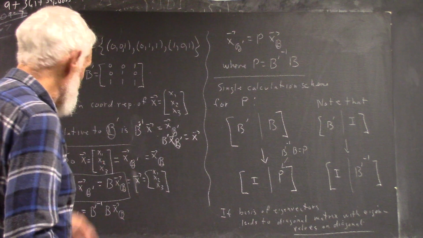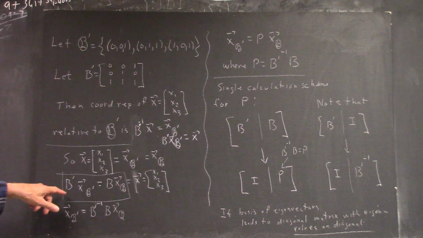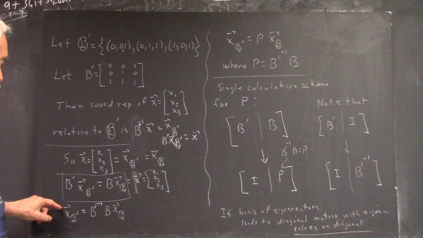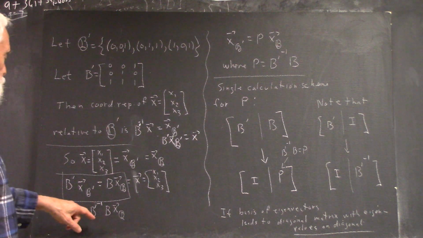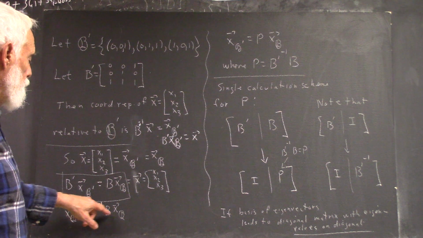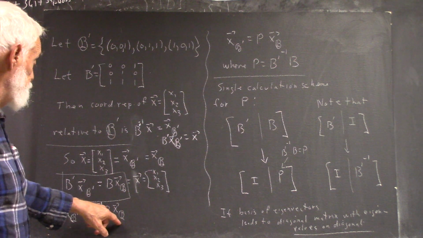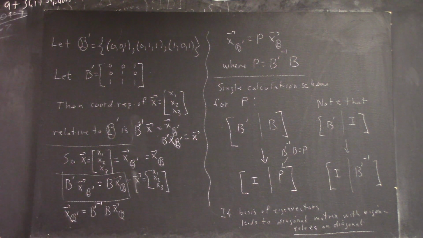the vector according to the standard basis. And if we just take this, it's then obvious that x B prime equals B prime inverse times B times x B. Okay? Now,